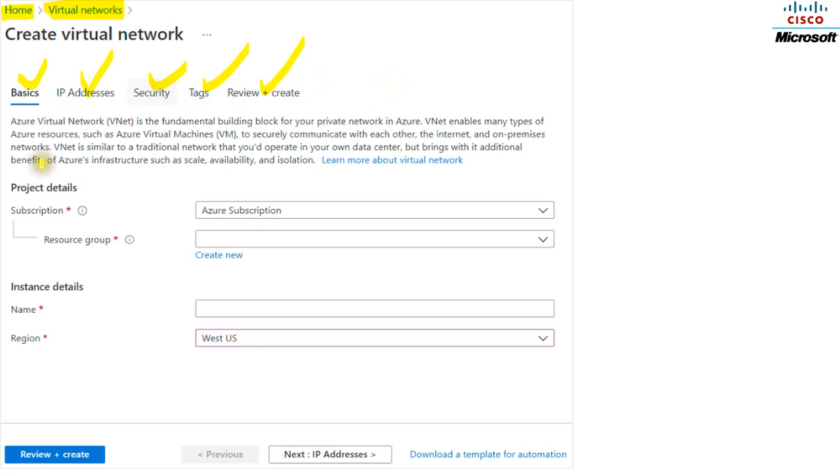So you can see Azure virtual network is the fundamental building block of your private network in Azure. That is all about VNet, Azure Virtual Network. So it is a building block for your private network in Azure. You can read lots of things here. Okay, so you can see the first thing, it is asking you project details. The first most important is your subscription. You can see the Azure subscription is mentioned as of now, and if you click this down arrow,